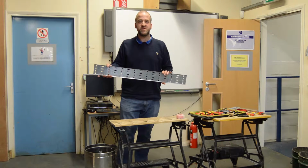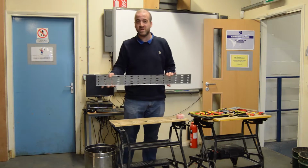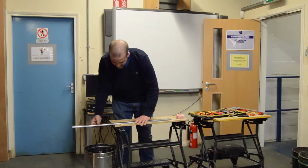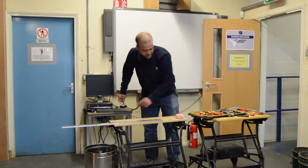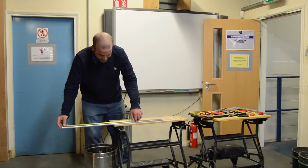Welcome back. Now we're going to demonstrate fabricating a flat 90-degree bend in 100mm light gauge tray, as I've got before me here. First of all, we start by getting it nice and secure in the bender, in the vise rather. And then we measure the midpoint of the bend,